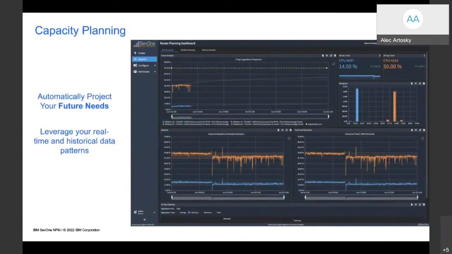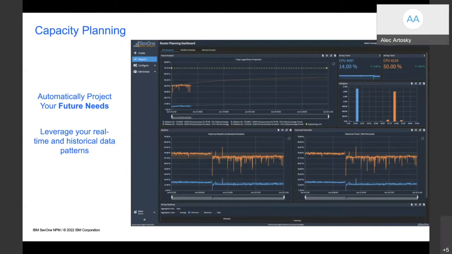And then we can take that baseline one step further and help you plan into the future using things like capacity planning. If I understand historically what I expect to see, I can help you plan into the future. In SevOne, for every 6 pull points we collect, we can accurately project 1 pull point into the future. So if I have 6 weeks' worth of data, I can project 1 week. If I have 6 months, I can project 1 month.